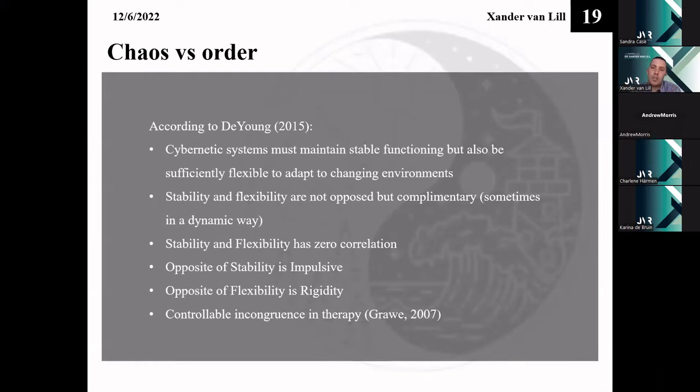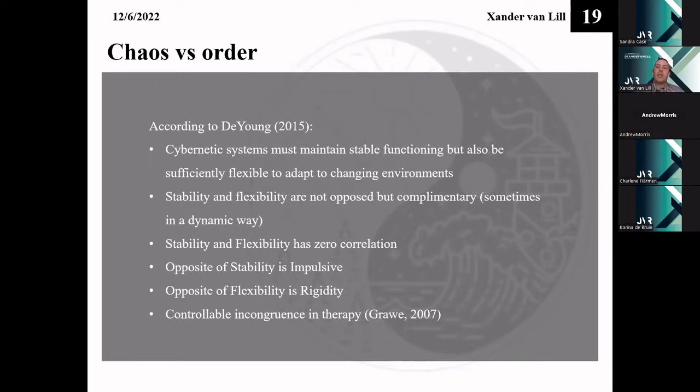And so the opposite of stability is not flexibility. The opposite of stability is being impulsive and not being able to self-regulate your impulses to help a collective achieve common goals. And the opposite of flexibility is not stability. It's rigidity, or the unwillingness to take in new information or explore things external to itself. And if I can use an example of this from a neuropsychotherapy point of view, the famous Dr. Klaus Grawe once used the concept of controllable incongruence in therapy,